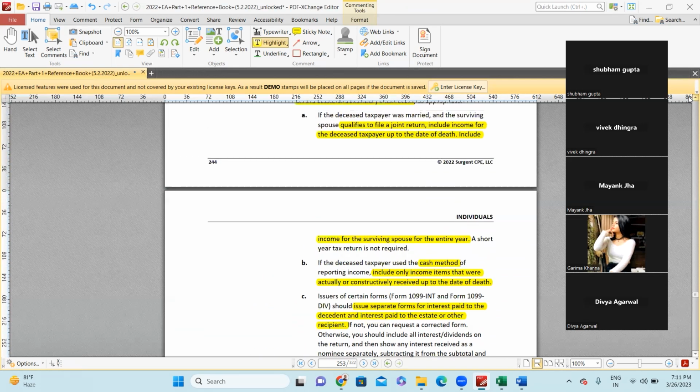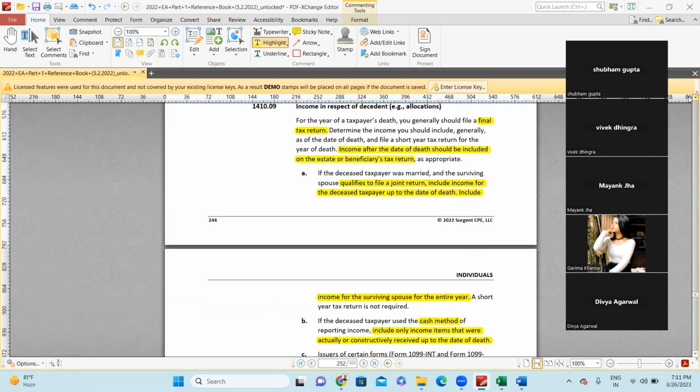Sir, in A point, if there is a deduction, is it basically a deduction for the whole month? No, the amount he has actually paid, not for the whole month. Like the amount is fixed for a period, and he dies in between that time period, only the amount actually paid, either in cash or through bank, is considered. Okay, right?